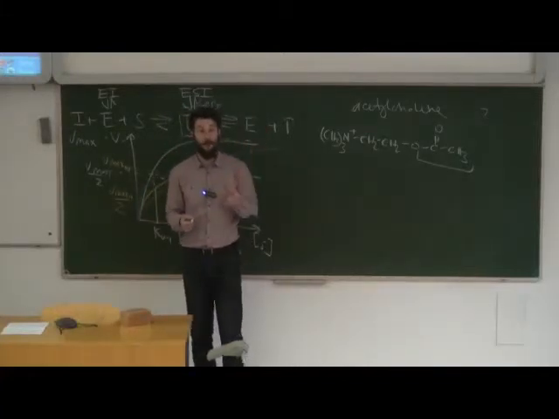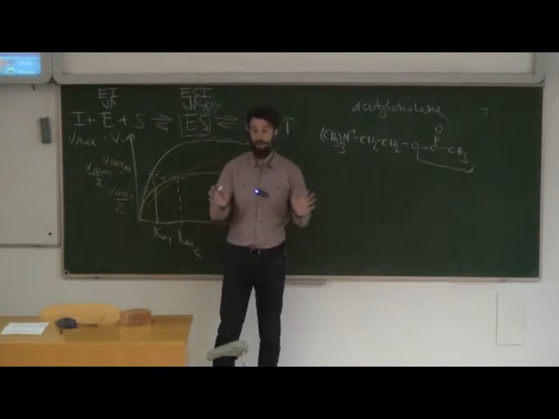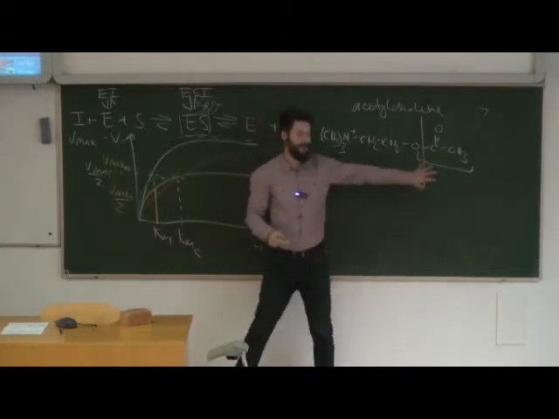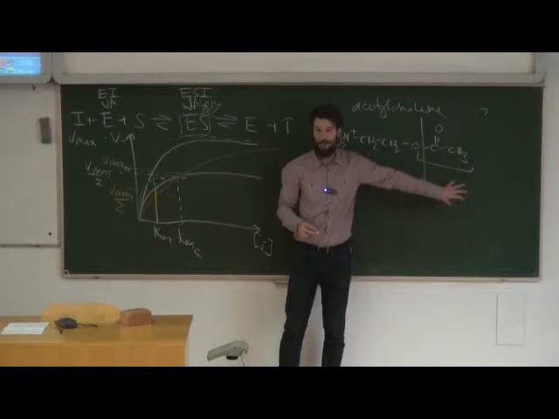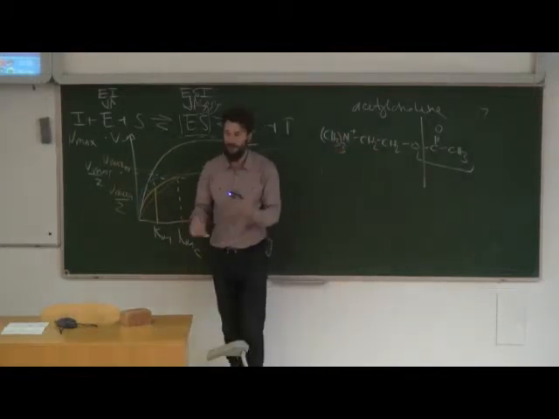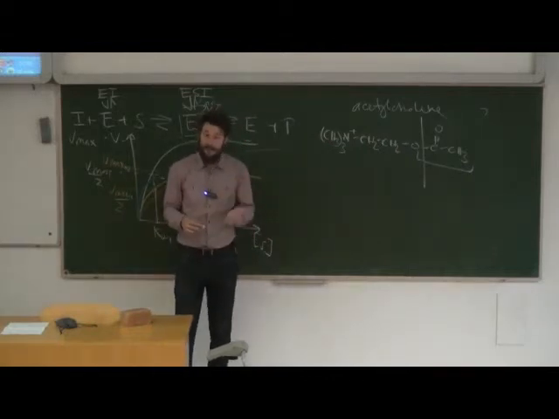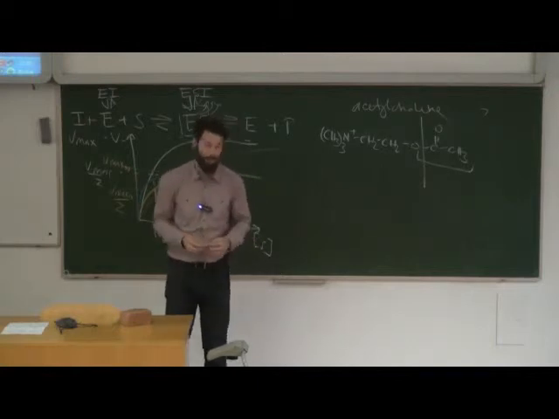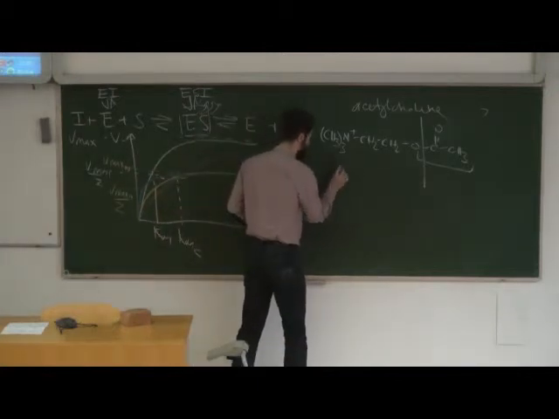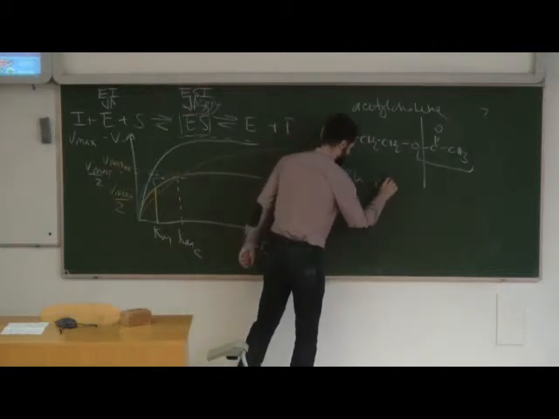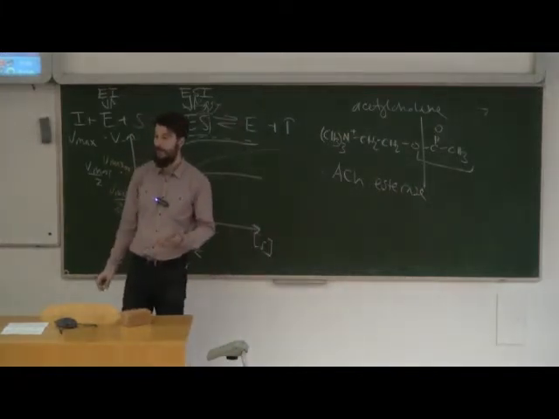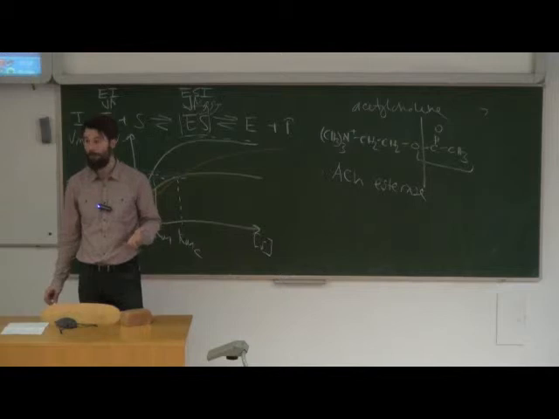In the case of acetylcholine, what happens is that it's broken down. It's degraded in the synaptic cleft. It's broken down here into acetic acid and choline. And the choline is taken up and the acetic acid as well. The enzyme that catalyzes this reaction is called acetylcholine esterase. It's an esterase because it hydrolyzes an ester bond.